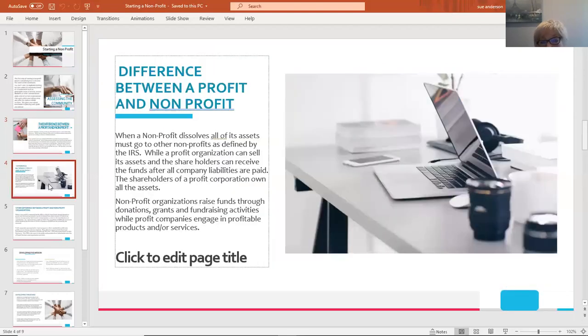Other differences between the nonprofit and the profit: when a profit dissolves or sells, their assets can be sold. They can make money off of those assets. Whereas a nonprofit, when it dissolves or ends, those assets, naturally after debts have been paid, have to be given to another organization, another nonprofit. They cannot make money by selling them, so they have to distribute them to another nonprofit. And actually, that's the difference between a profit and a nonprofit, just as the name kind of implies.